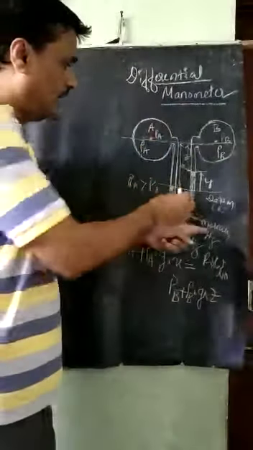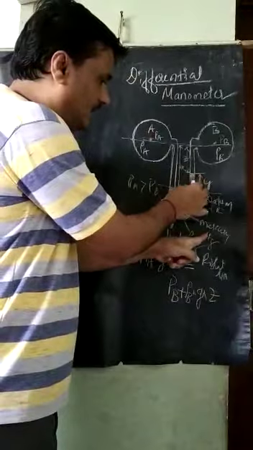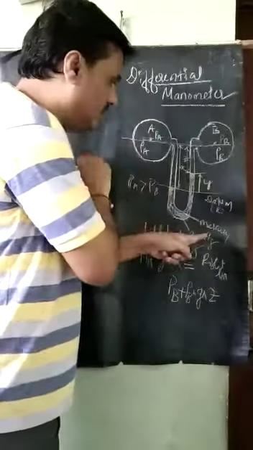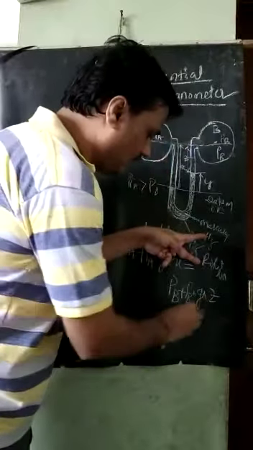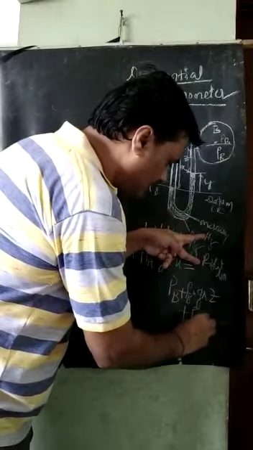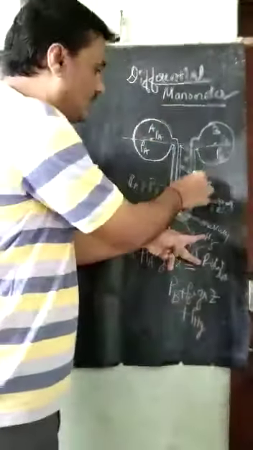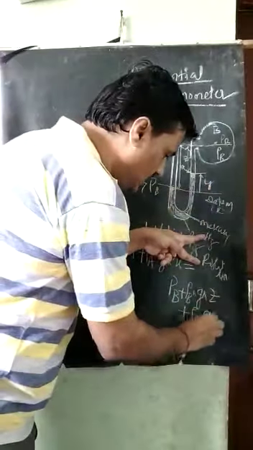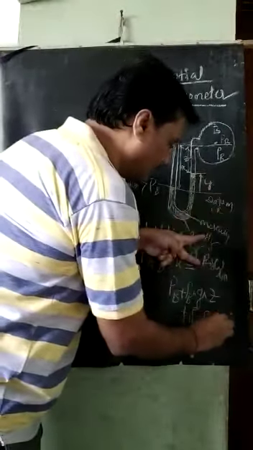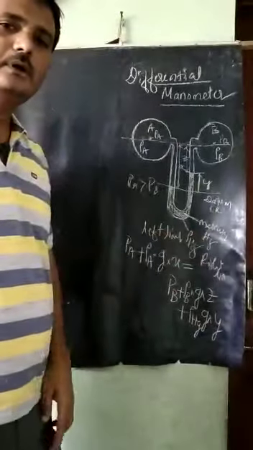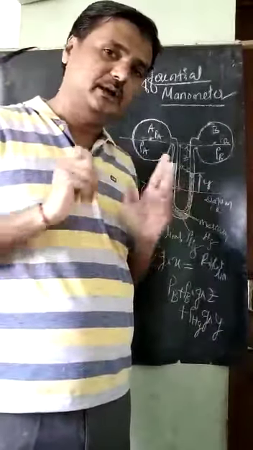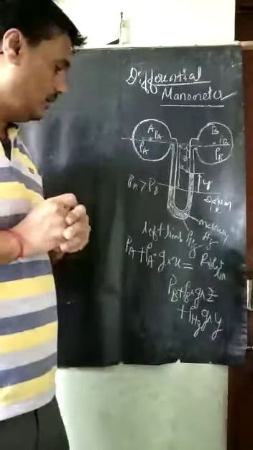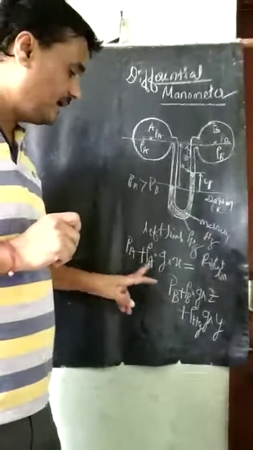The next one, again up to the datum line, again that mercury is there here. So therefore, again it is plus rho of Hg, because the density of the mercury here now, into g into height Y here. Now this pressure balance equation has been completed. What we need is PA minus PB.